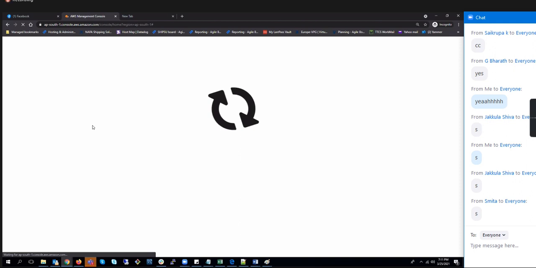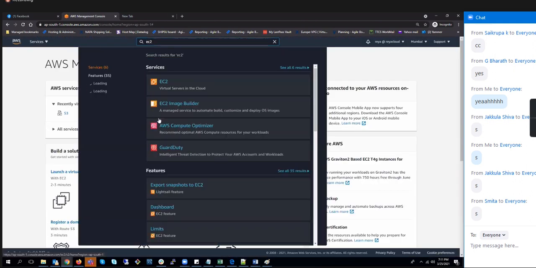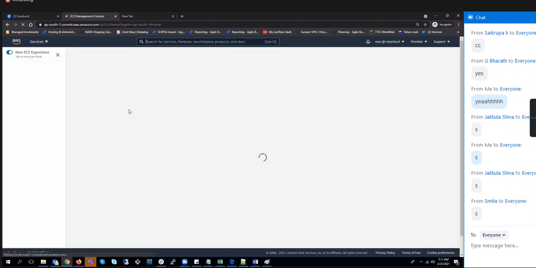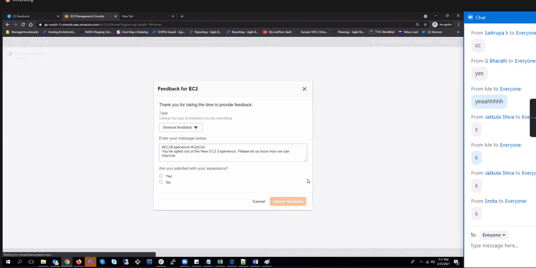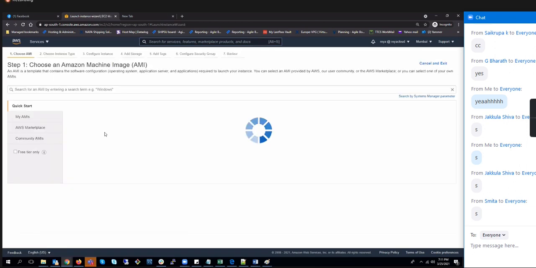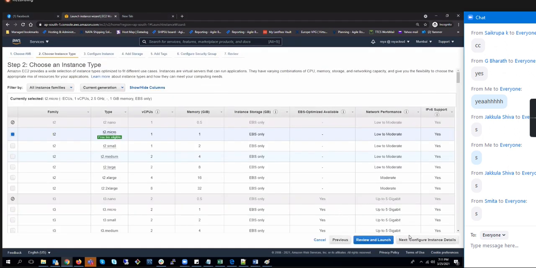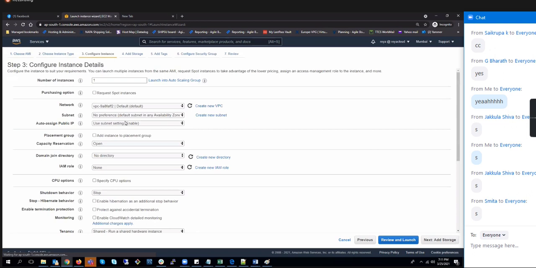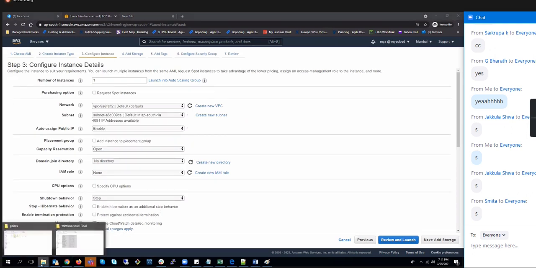So guys, what I do is let's go to EC2. And then you know well how to do this. So let's go and launch an EC2 instance. Let's launch an EC2 instance and put some user data there. T2 micro. I'll put it in 1A. Enable it. So we need to have